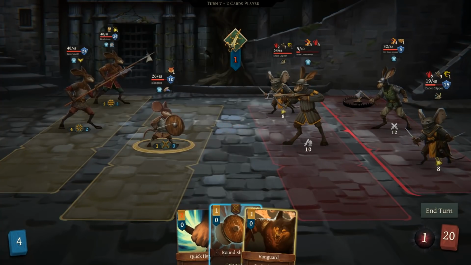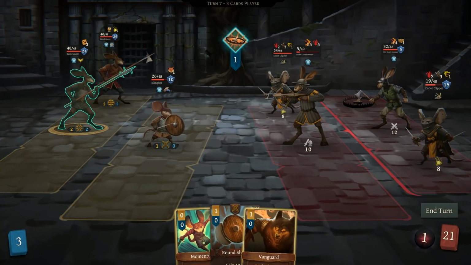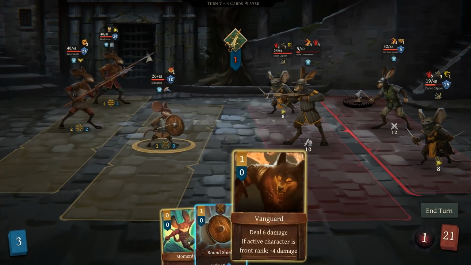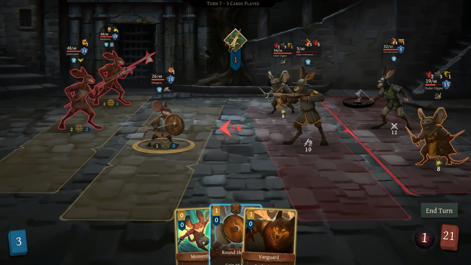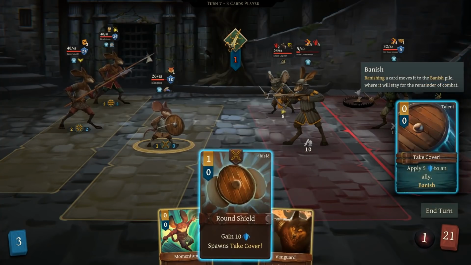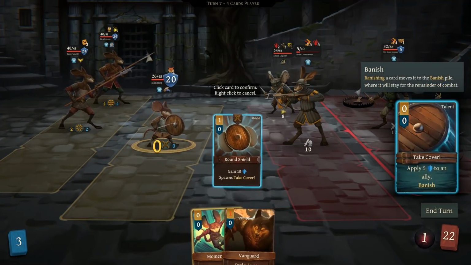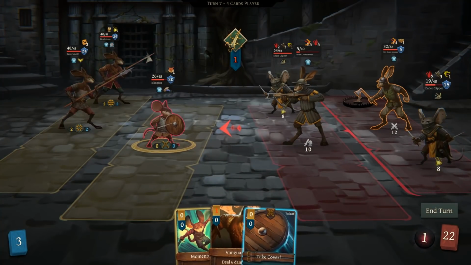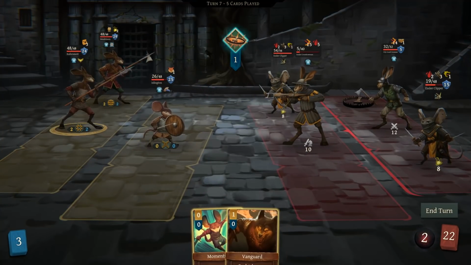I think someone draw the quick hands. Meh. Vanguard round shield. You want to try to kill him if you can. He's not going to be able to. That's true. And he's only got 1 stamina. He can either Vanguard for the extra damage or round shield. Well, that's a good point. I think the round shield's better then. Yep. And I think he's still gonna just do that to himself. And then...